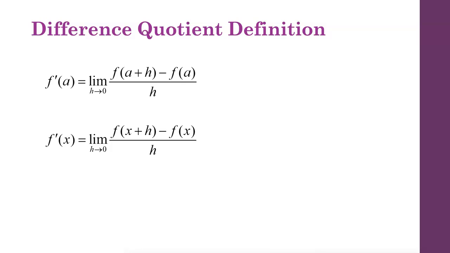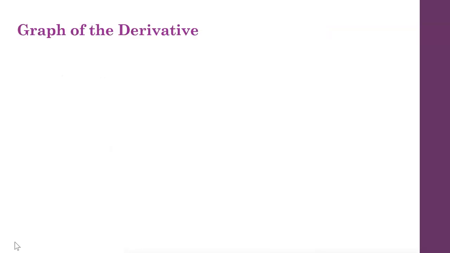We also want to take a look and see how the graph of the derivative relates to the graph of the function itself. Suppose this is a function f of x, and we are interested in seeing how the graph of f prime of x would look. Remember, f prime of x gives me a function that lets me calculate the slope of the tangent line at various points. So if I look at the tangents to this graph at different places,